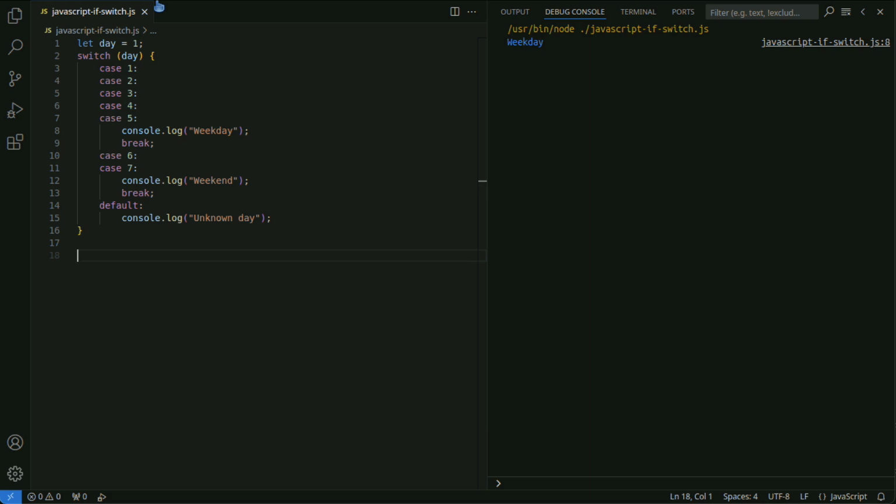An if statement is suitable for checking complex conditions or ranges. For example, complex conditions such as a variable, x, being greater than or equal to 10 and less than or equal to 20 cannot be written in a switch. A switch statement can sometimes make code more readable when checking if a value matches a specific one.